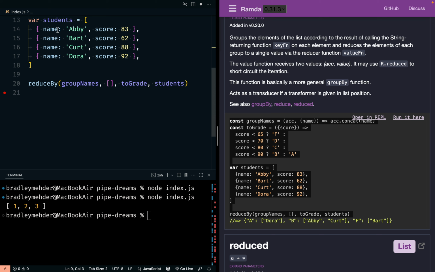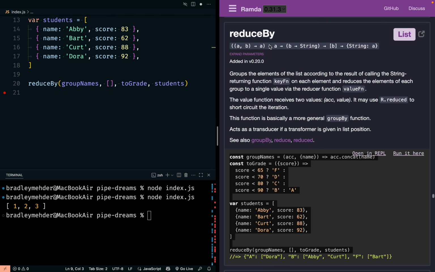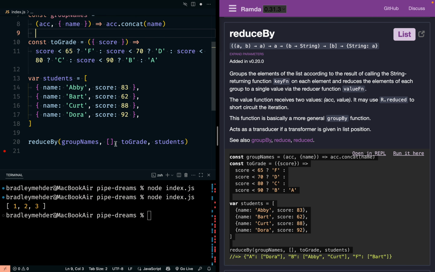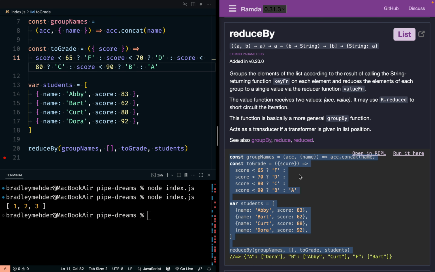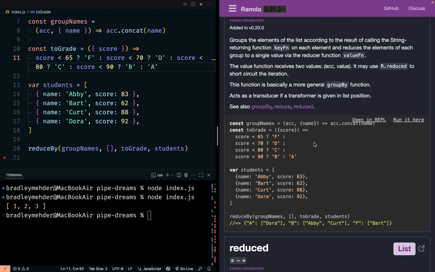And this is our students, which is just an array of objects. But the toGrade is the extra thing. The toGrade is the by. And we've got this really nested ternary, and my Prettier extension formatted that for us, but you can see how it works here. It's just going through in order from low to high, and if it's within a range, it's going to assign a letter grade, A being the default. If it's anything over 90,